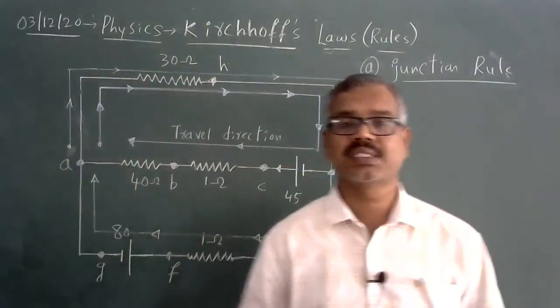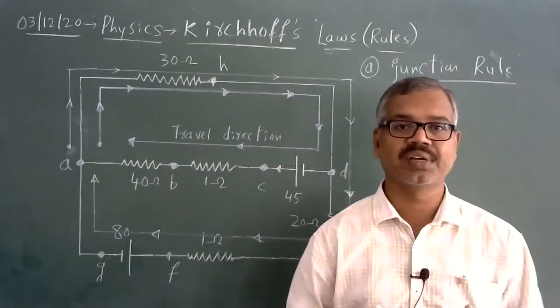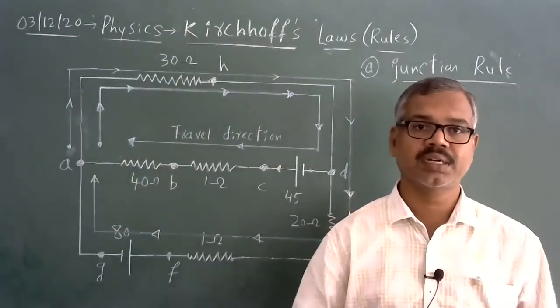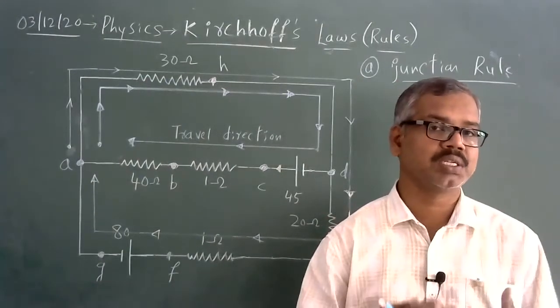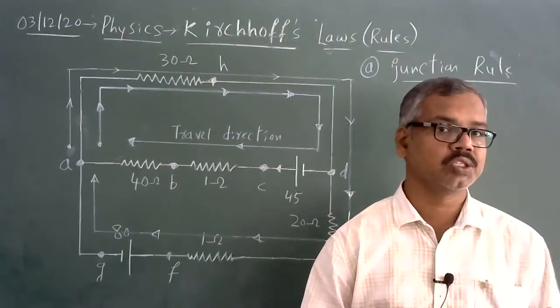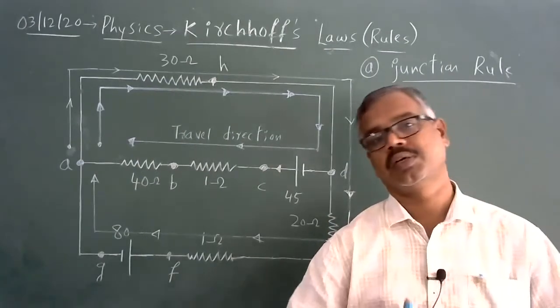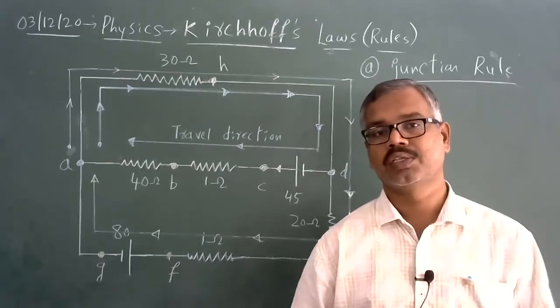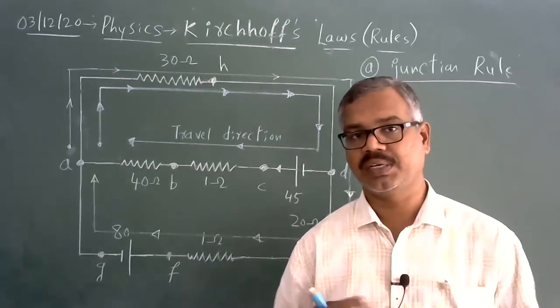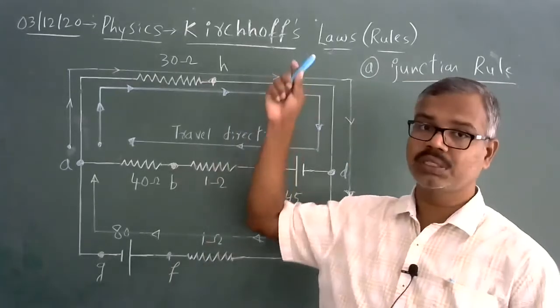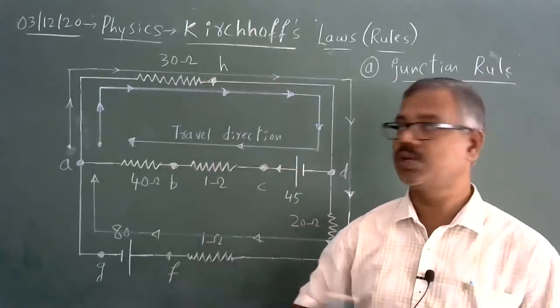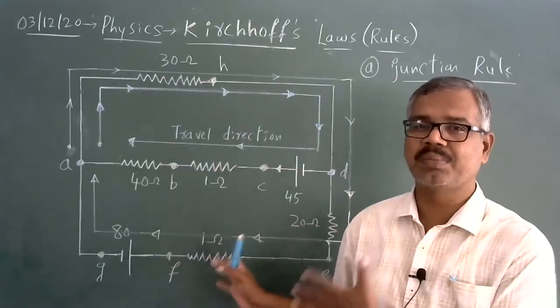To simplify such circuits into series and parallel is very difficult. Hence, Kirchhoff suggested two statements. One is called the current law, the other is called the voltage law. Current law is called the junction law or junction rule, and voltage law is called the loop rule or Kirchhoff's loop equation. So to apply both laws, I need a simple typical circuit,